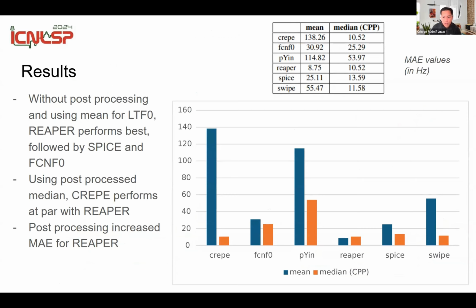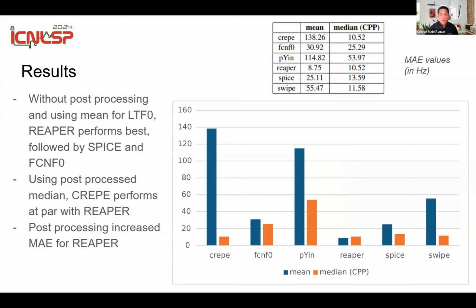Now, after getting the thresholding, I applied the median as well as the temporal smoothing. For the time series smoothing, I used a Kalman filter. And then the values presented here are the mean absolute error values. So I tried to get the mean absolute error with respect to a manually labeled ground truth. Each utterance of the speakers has F0 or long-term F0 estimates, which were subtracted from the ground truth,